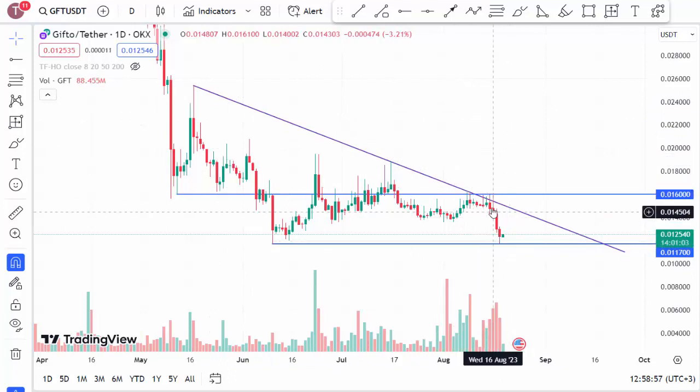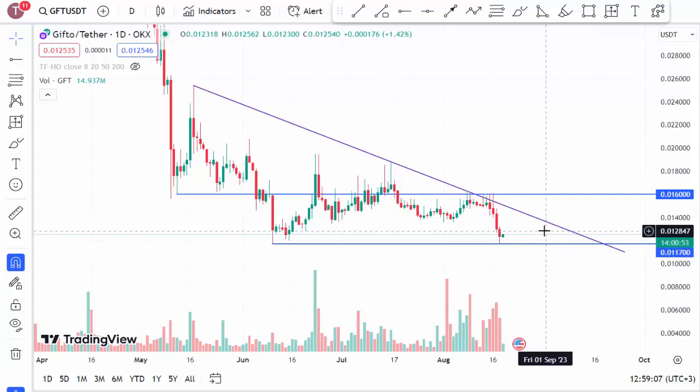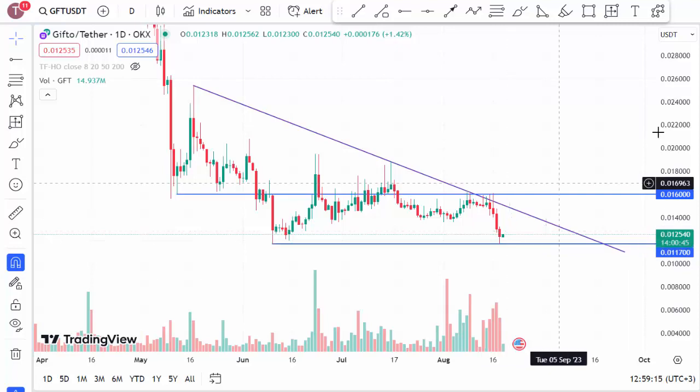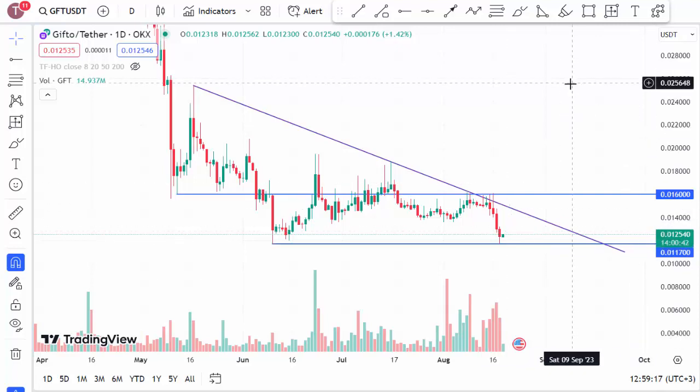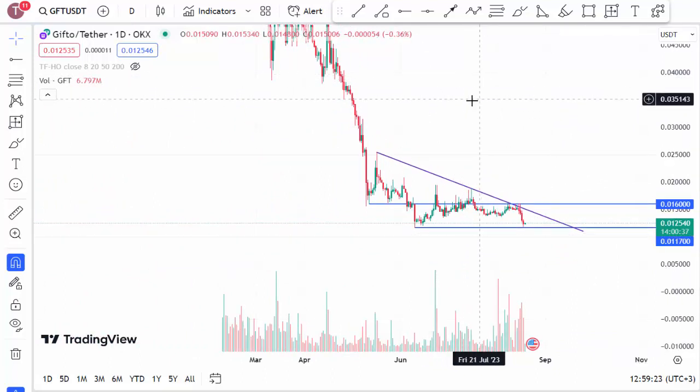At the same time, there has been a long-standing descending trend that we can observe. Along with this descending trend, the price has experienced a significant drop. However, if this descending trend is broken upwards, the price movements will ease, and we can expect some nice gains. Therefore, my friends, we certainly want the descending trend to break upwards. In addition, we also want the level of 0.16 to be broken upwards, as this would lead to substantial gains